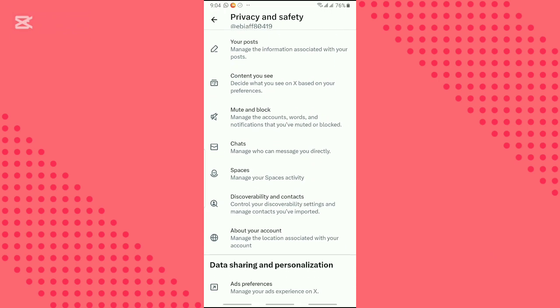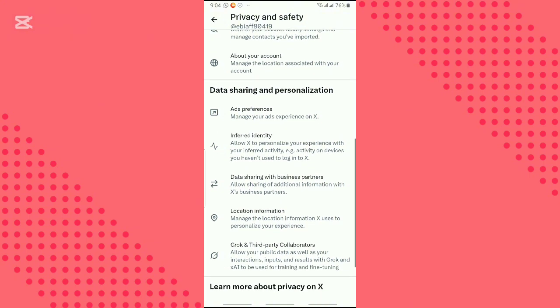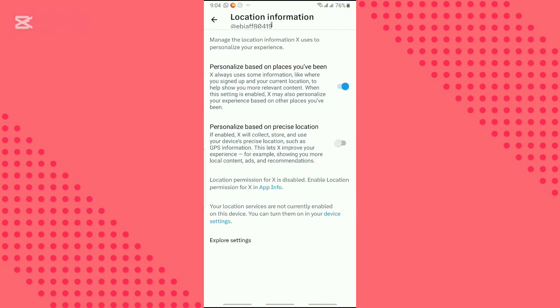Tap on location information and make sure you turn off personalization based on places you've been and personalization based on precise location. Your location information won't be collected and stored by X, and that is how to delete and clear